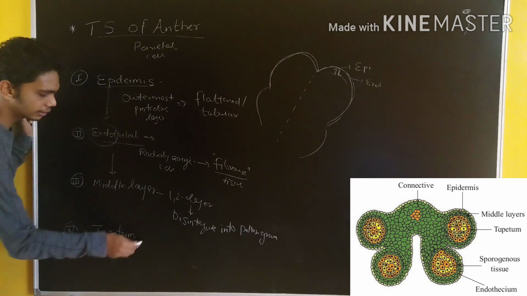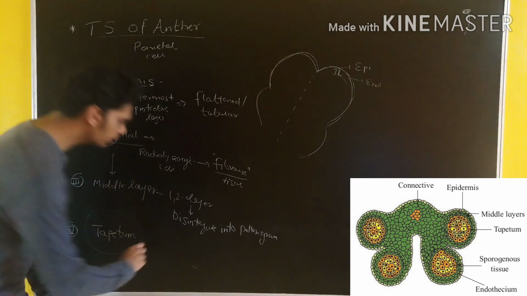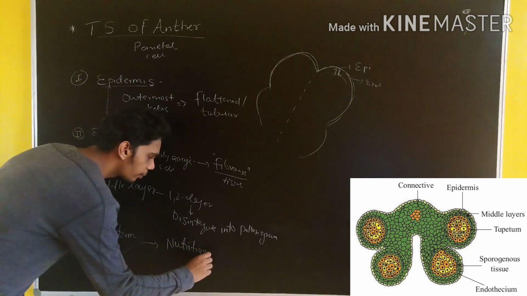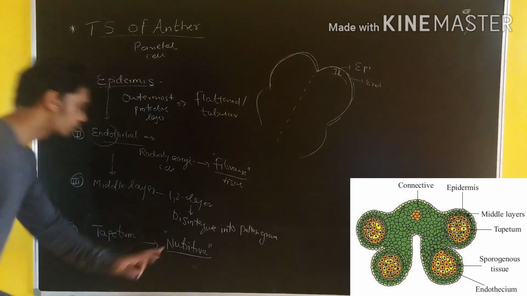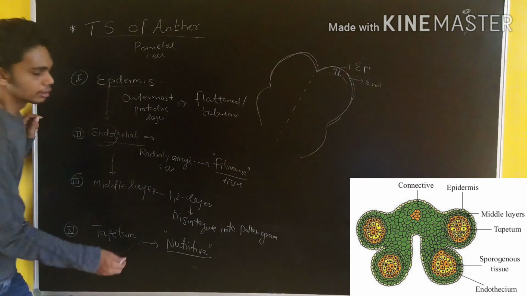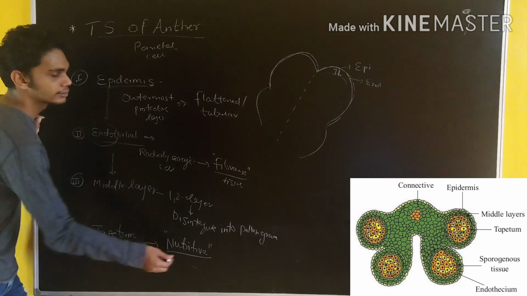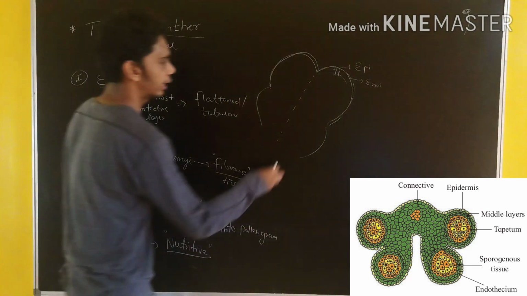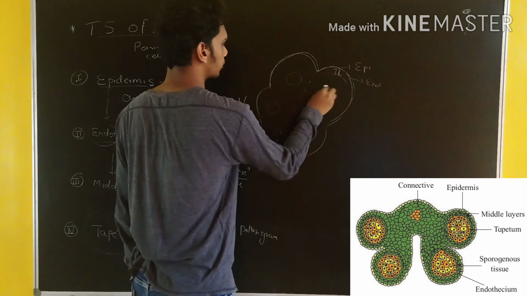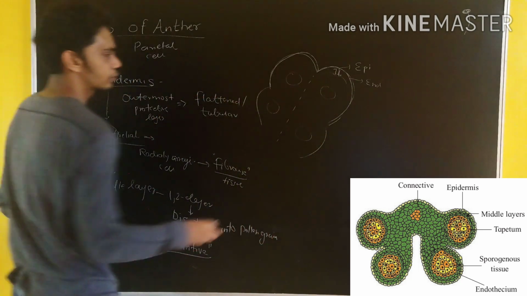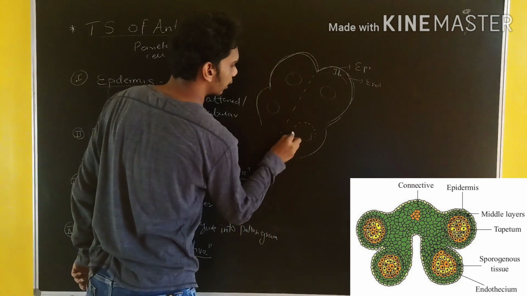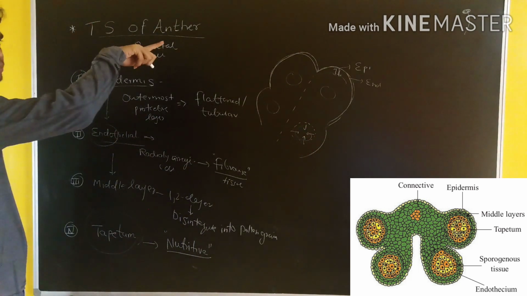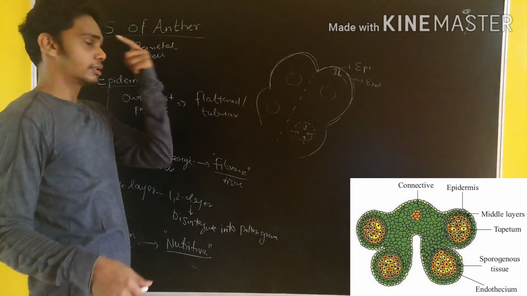And the 4th part is the tapetum. Tapetum is nothing but a nutritive layer. See, for the making of the pollen grains, nutrition is required. Who provides the nutrition? The tapetum is the one which provides it. Okay, after the tapetum, it actually encloses. See, there are 4 sporangiums here. So this tapetum layer provides nutrition to form the pollen grain to the sporangium cell, which we talked about earlier.